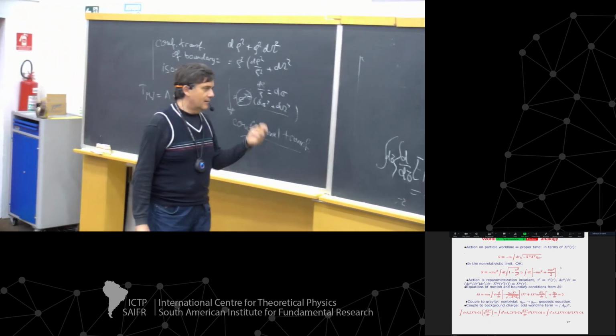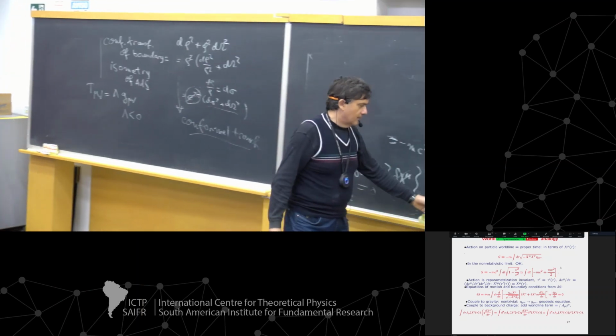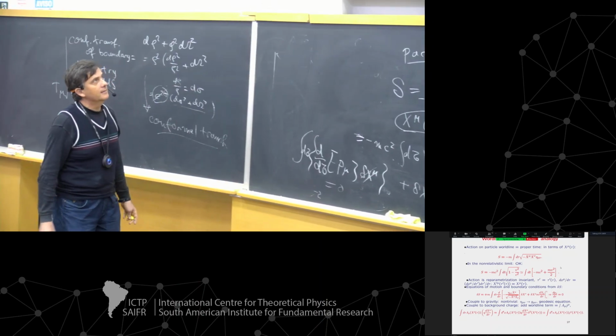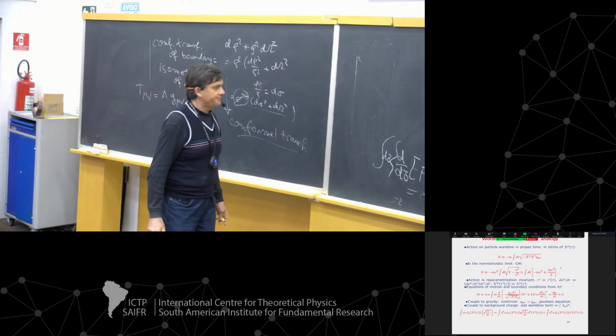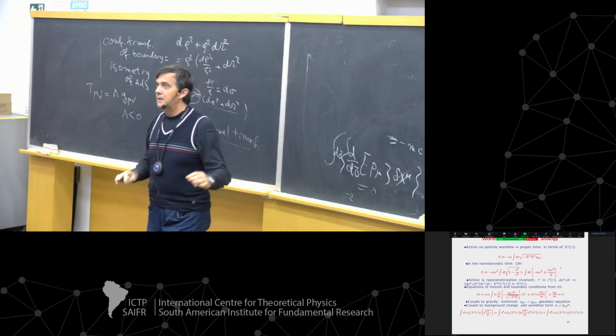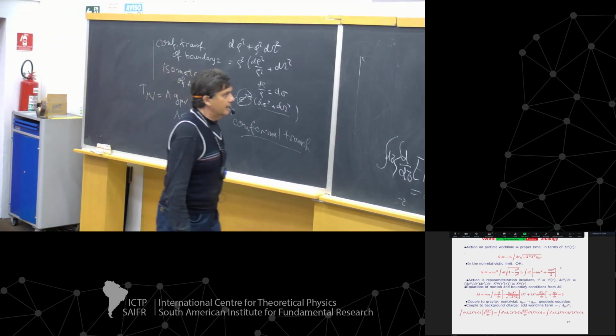This also should be put to 0 and should give boundary conditions. At this moment, it's not particularly deep. It just says that the momentum is the same at the initial and final points. But I want you to keep this in mind for the generalization to strings. And coupling to gravity